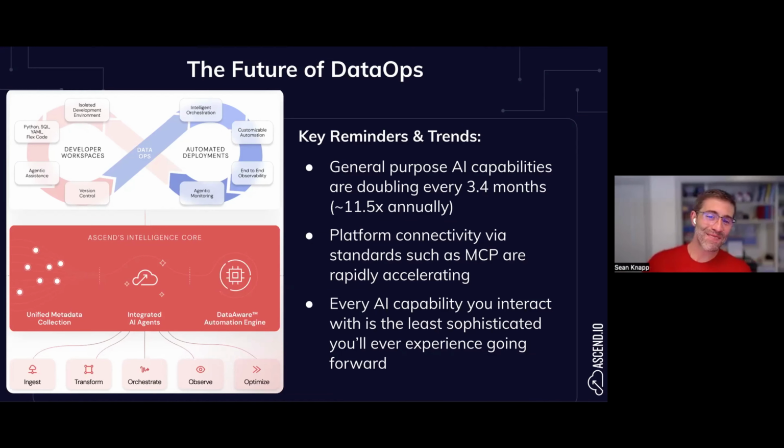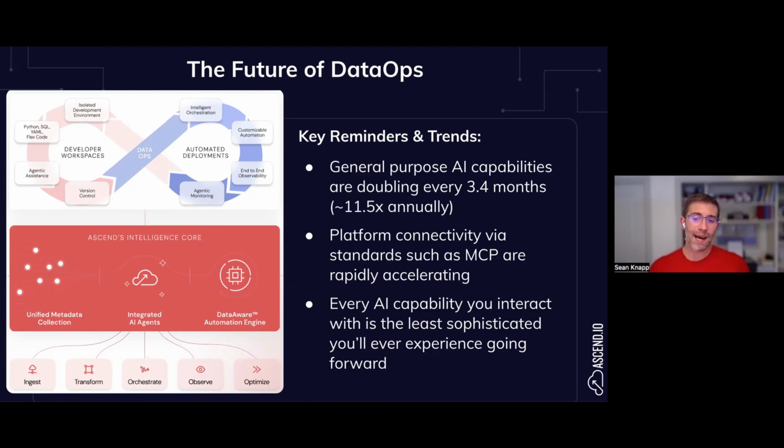So last slide really quickly before I turn it over to Cody. I always like to give everybody the reminder too: there's no time like the present to get started with agentic data engineering. The growth rate of AI is incredibly powerful. We're seeing more than an 11x annual improvement in these general purpose models. We're seeing connectivity skyrocket with MCP services,